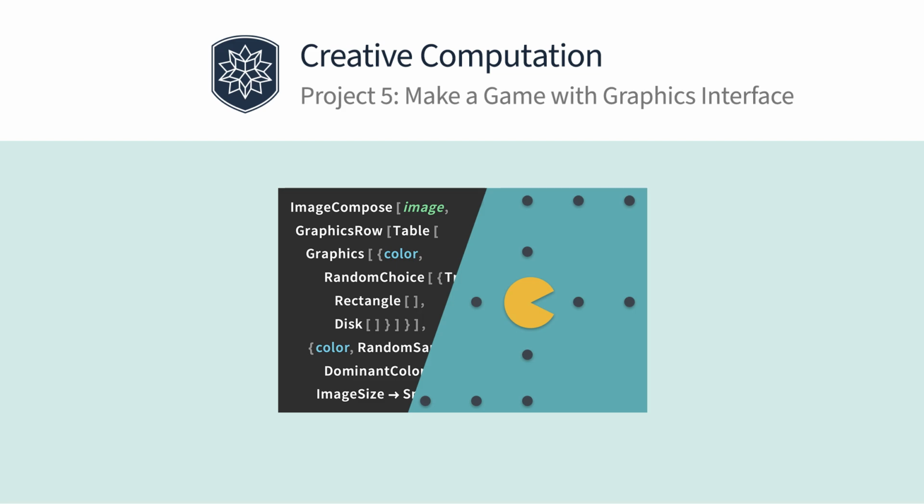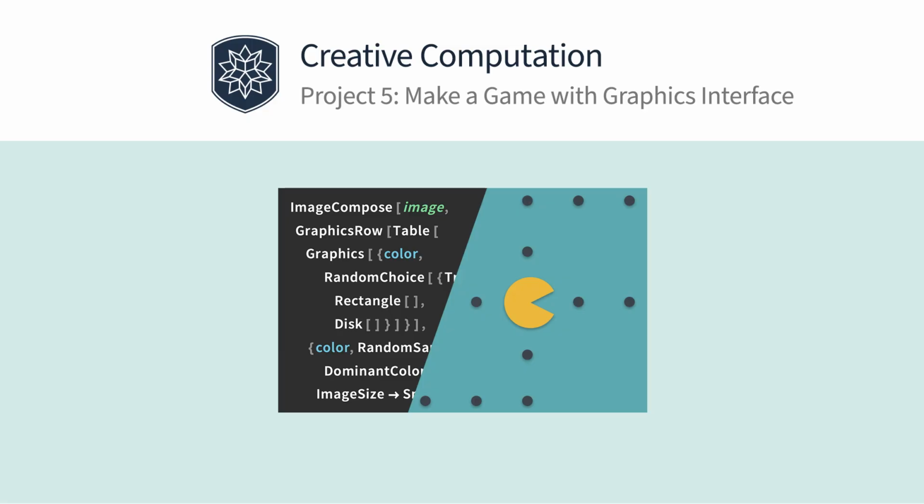Hello. So for the final project of this section and of the whole course, we're going to be making a graphics video game. So for this project, we're going to be making a simple Pac-Man game using all of the skills that you've learned throughout this course. You'll need to use your skills in graphics, list manipulation, writing your own functions, event handling, dynamics, and all kinds